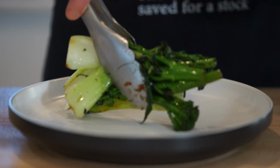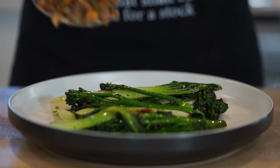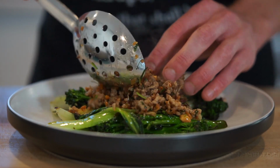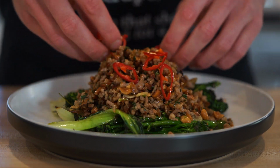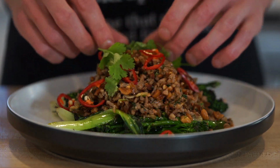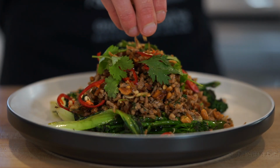As for serving this up, place down the sauteed broccolini and baby pak choy with the amount being up to you, then come through and place over that sticky pork, creating a decent sized mound up top. We can now garnish this with the thinly sliced chili, which is of course optional, place over some fresh coriander or cilantro, which again is optional, then hit this up with a sprinkle of fried shallots to create a crispy texture,